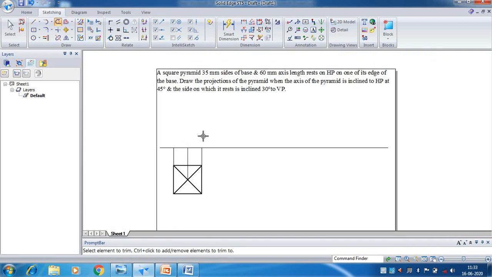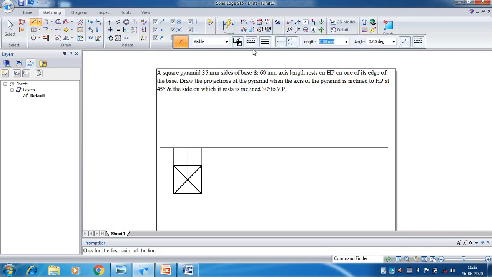So now you need to use that axis length of 60 mm, because when it is resting on HP, when you look from the front, only then can you see the actual axis length. So that 60 mm, here this axis will be at the center. So from this end point you need to draw the next line. For that, go to the line command.